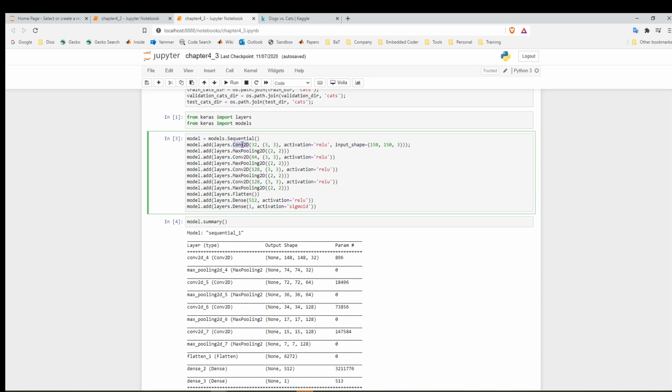So we also use convolution like the previous example. We use 4 pairs of convolution and max pooling. Convolution is for the local features, max pooling is for the features between features, that is, to find global patterns. So you're going to use a 3x3 window for convolution, a 2x2 window for max pooling. The rectified linear unit is going to be the output of each layer except the last one, and this is